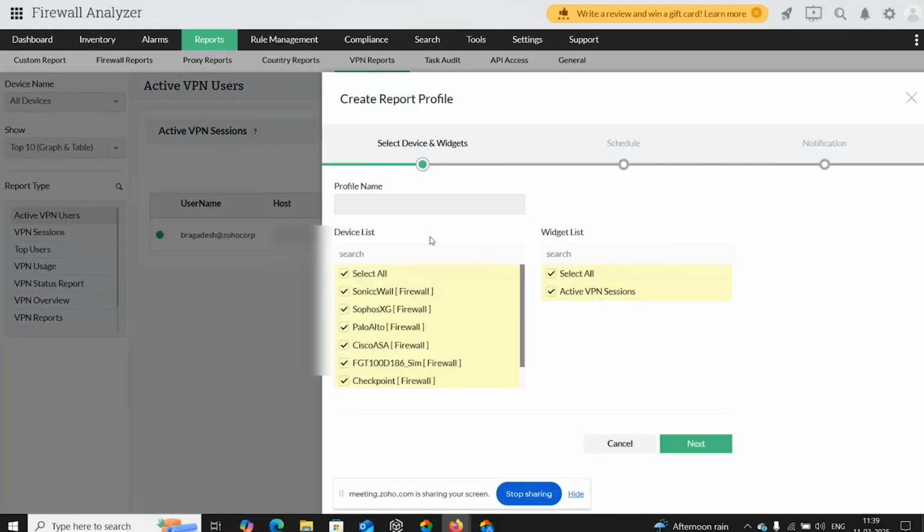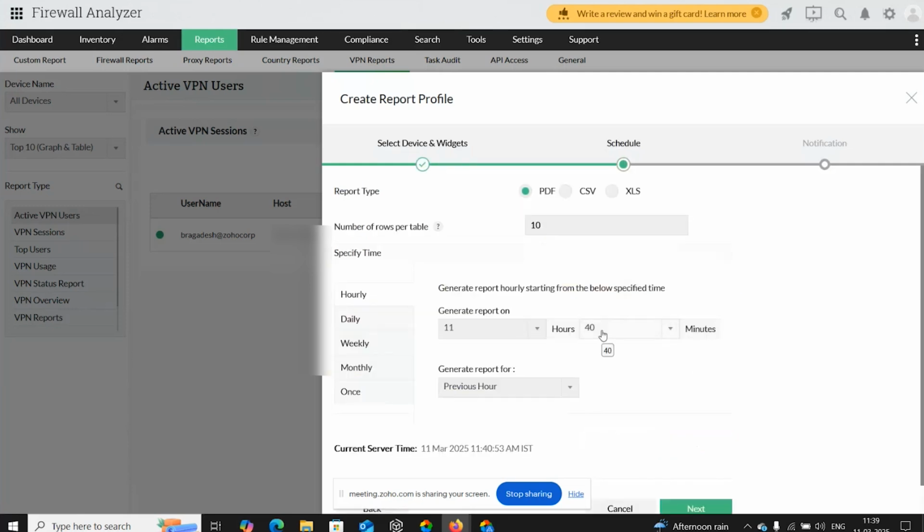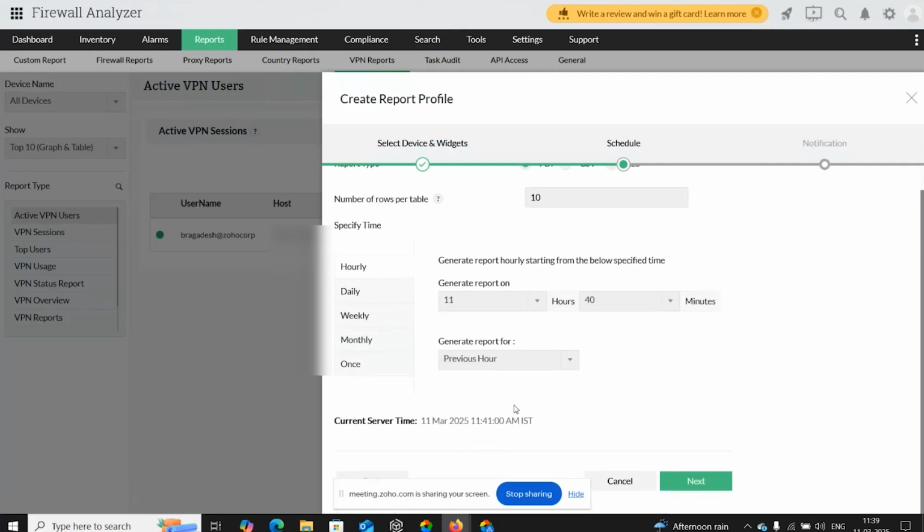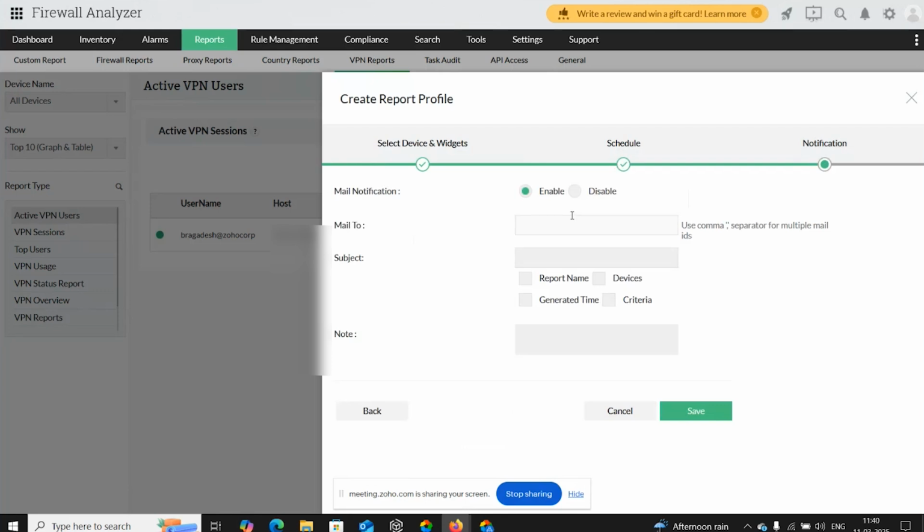So for this, we'll create a report profile. So once you give a profile name, say for example, I'll give it as test, and then select the device list or the custom widget list when you select next. So here we'll select if Jim wants it to be a PDF, and when it has to be created, and if it is a recurring report, then what is the frequency that it has to be sent. And once we click next, and here I'm enabling the mail notification,